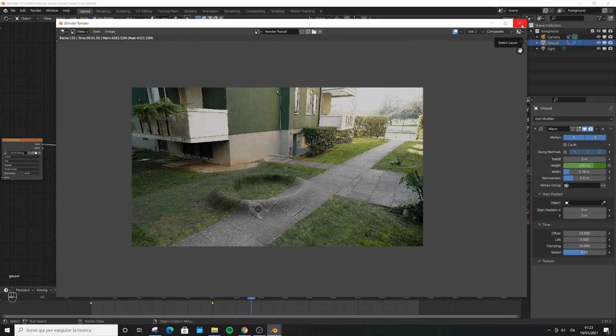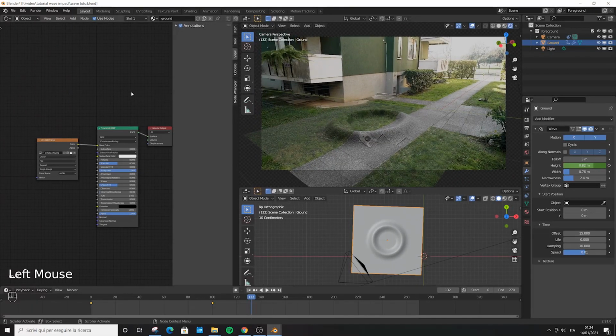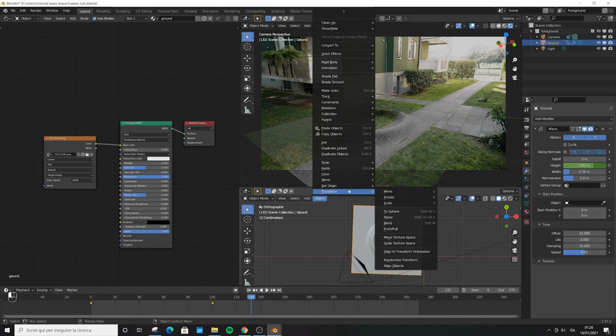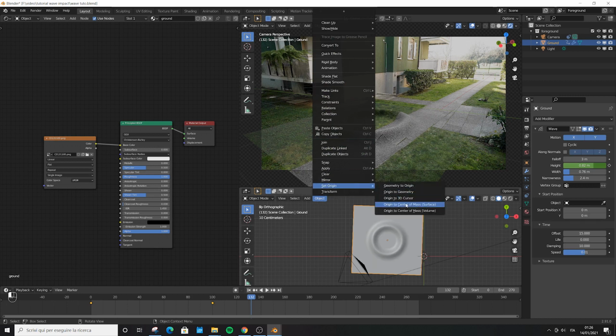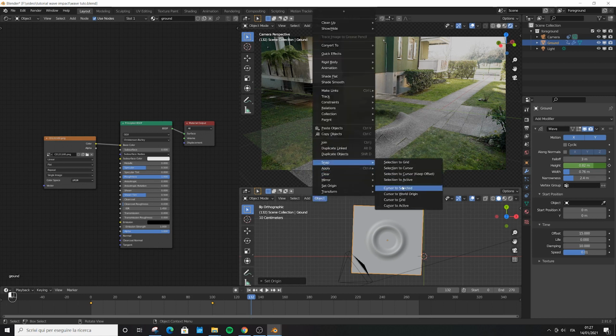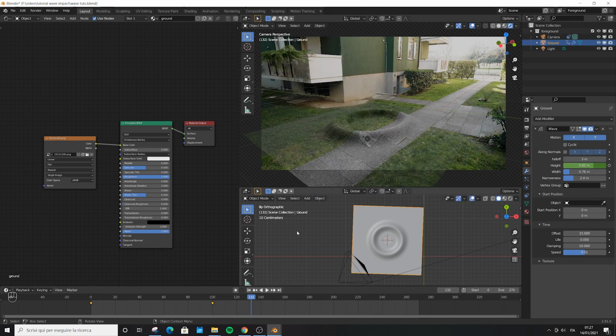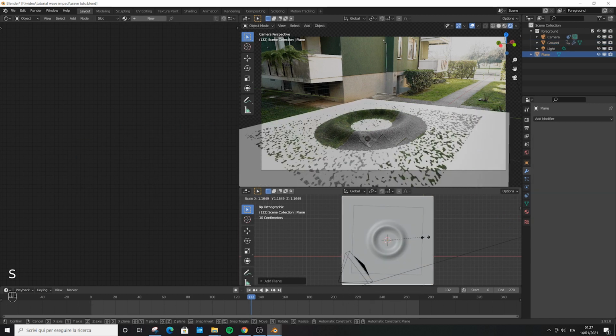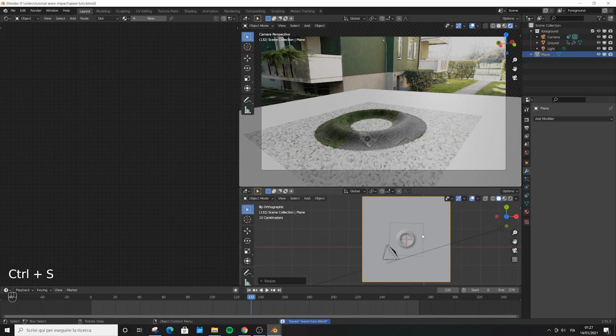And now comes the part in which we blur the edges of the mesh. So we're going to play a little bit with the shadings. Click on object here, set origin, origin to center of mass surface. Click again on object, snap, cursor to selected, because we want to add another plane mesh here that is gonna act as a reference for our mask. Scale it a bit, rename it mask, move it into the foreground collection, and we're gonna click on this icon because we don't want this mesh to be visible in the rendering.